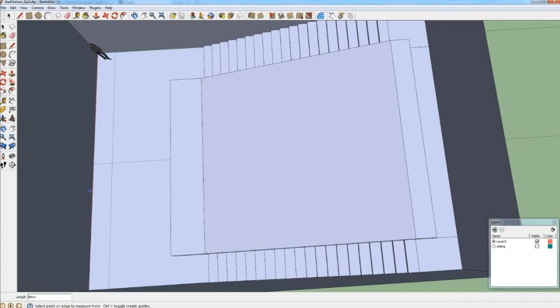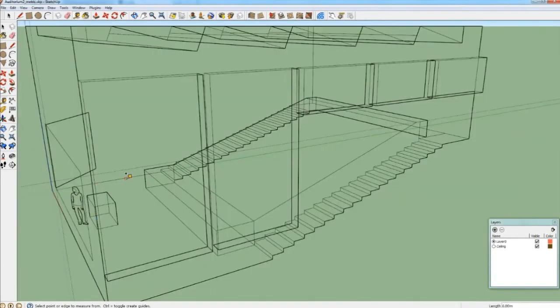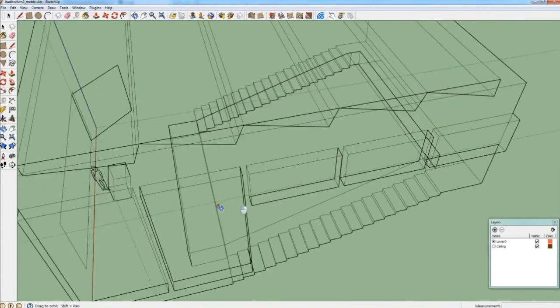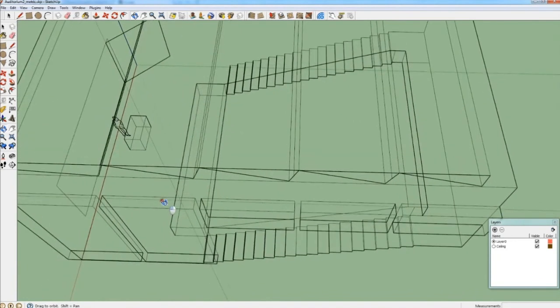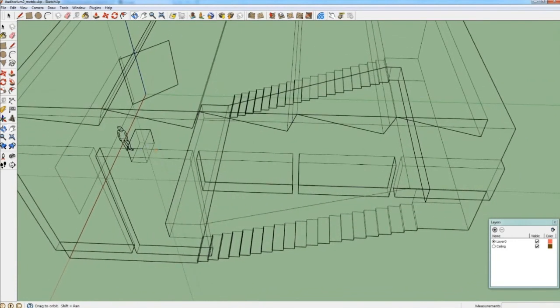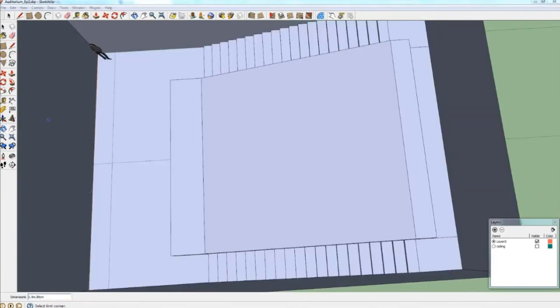You can see how the desk should look. It's like a rectangle. This is the finished geometry. We will make the base of the desk.